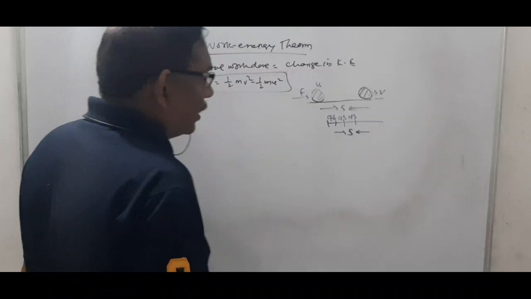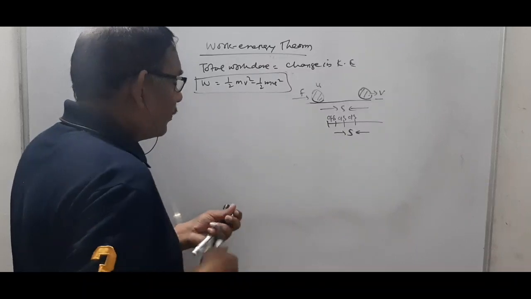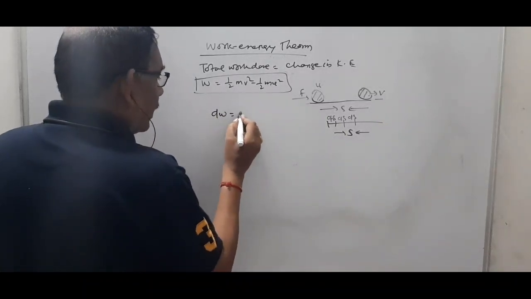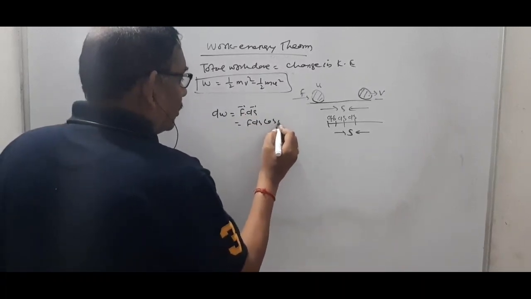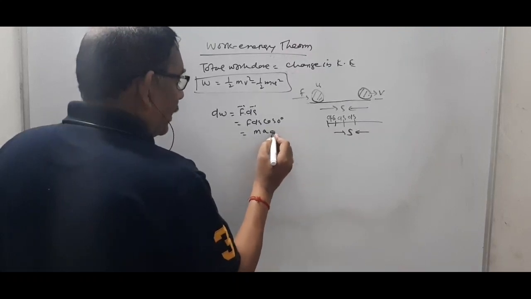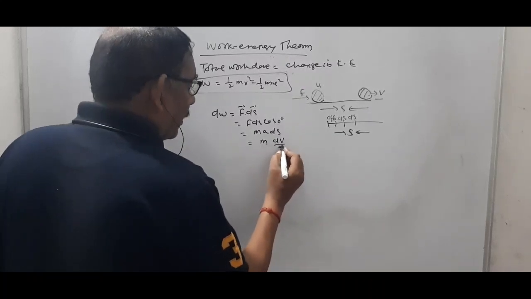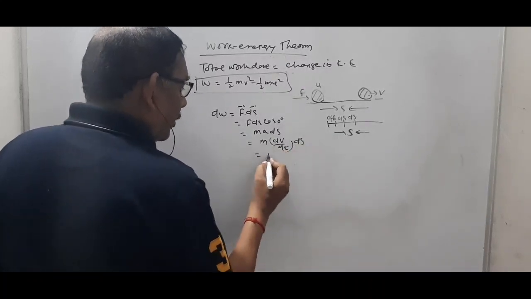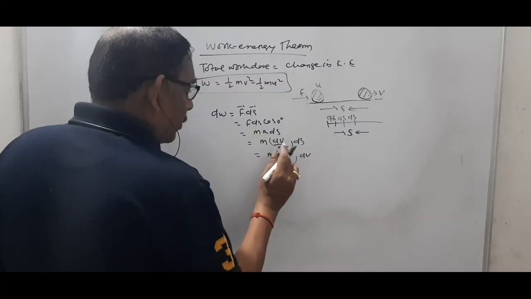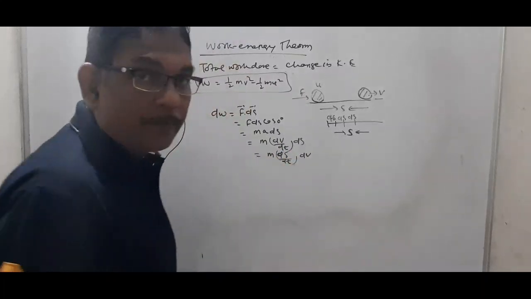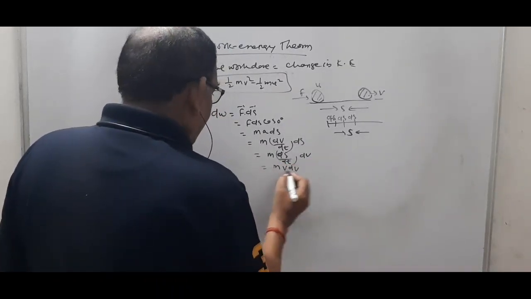Divide the whole displacement into small parts, that is ds. So the small work done dW is equal to F ds, or F ds cos 0 degree. So it is m a ds, as cos 0 is 1. Convert a in terms of velocity, it is dv by dt, times ds. Now arrange it as ds by dt into dv. You know that the rate of change of displacement gives you velocity. So it is m v dv.